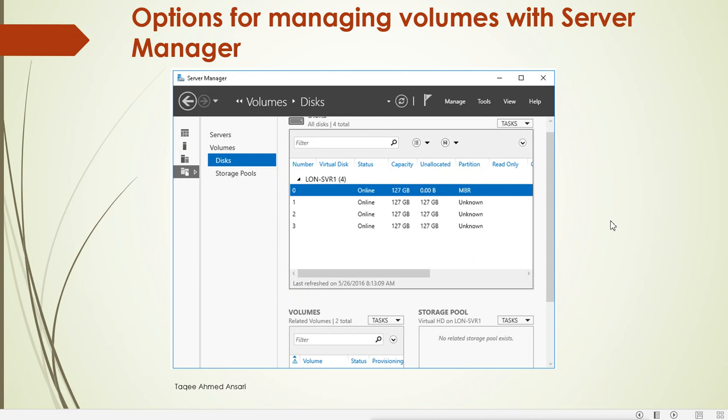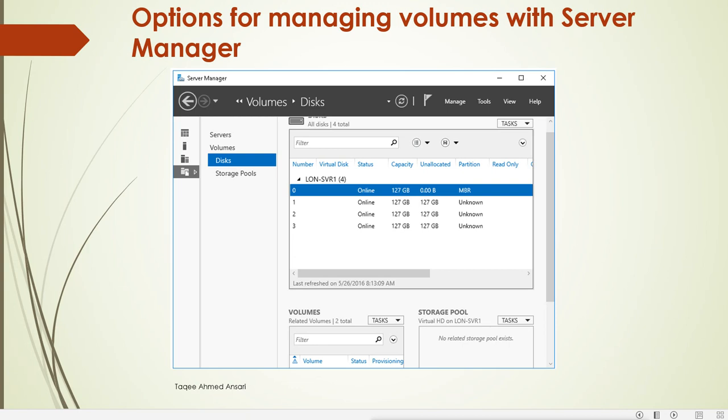Now, how can we manage our volumes and disks in Server 2016? Previously, what we have seen is managing the disks, partitions and volumes through the Disk Management tool. The Disk Management tool has been available since Windows 2000, and it is available in both the client operating system and the server operating system.